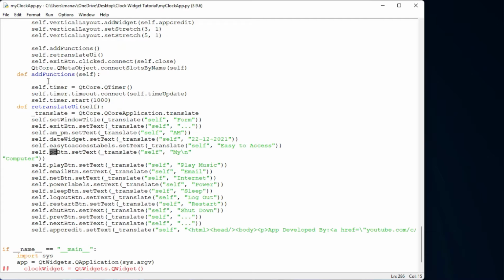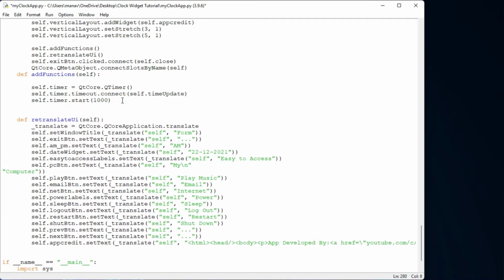So under add function, let me call self.PC button.clicked.connect, and under this I will pass the method for this. What is the method for this? I have open quick access, right? So I'll make here open quick access.